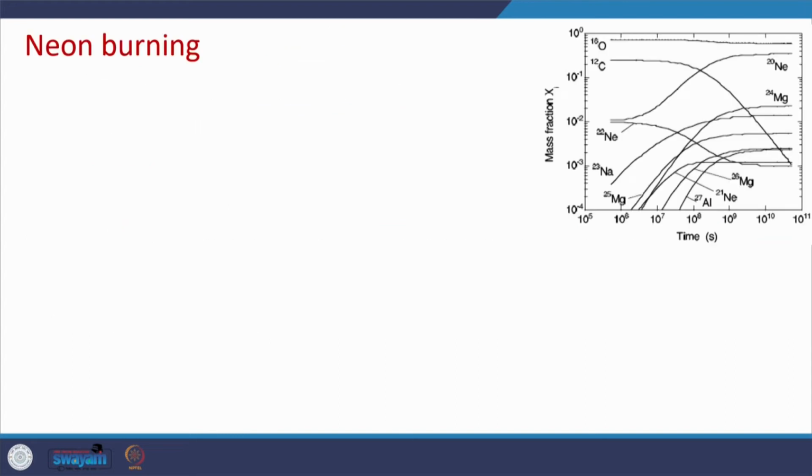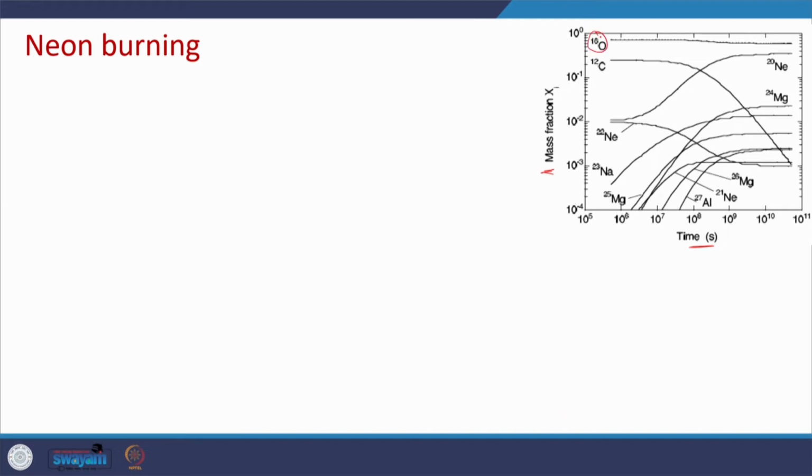Now, let us go to the next stage. All of you might be expecting oxygen burning should start, because after carbon you have only oxygen, right. So, where from has this neon come? We will see. Now, if we plot mass fraction, the abundance curve versus time, you see here oxygen